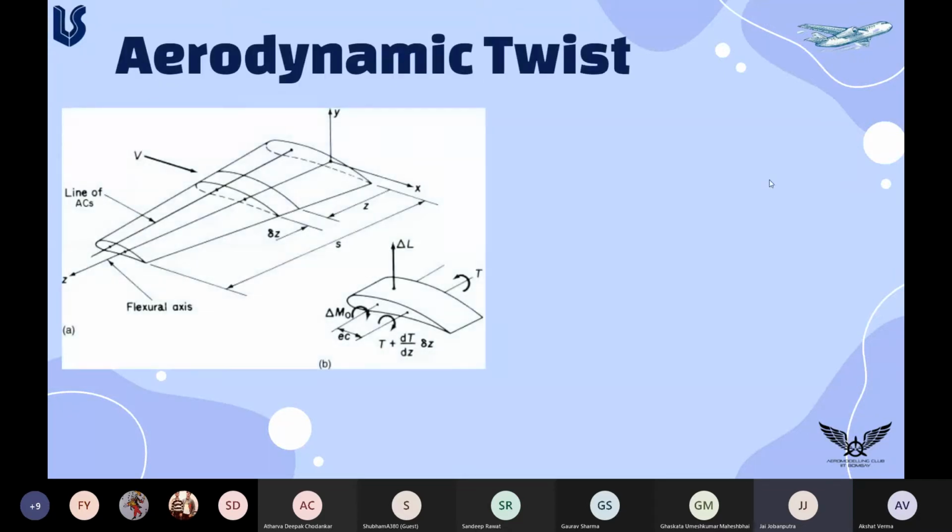Next, aerodynamic twist. For geometric twist, as I told you, the airfoil was the same, but it was just inclined at some angle. For aerodynamic twist, we even change the airfoil. We choose airfoils of very similar nature, and we transition them from root to tip. The effect and everything else are the same. You can show the advantages and disadvantages.